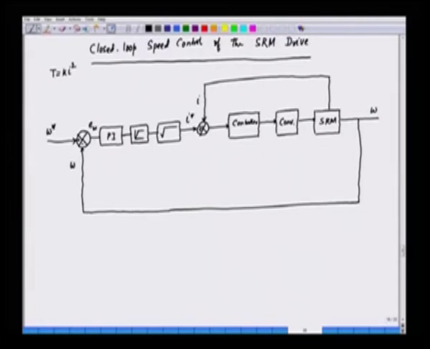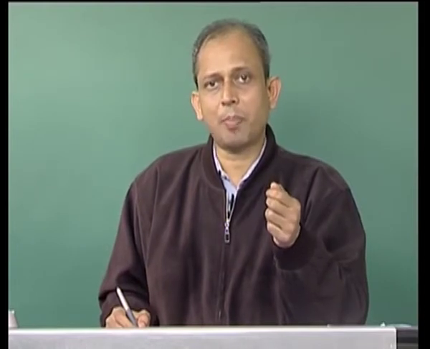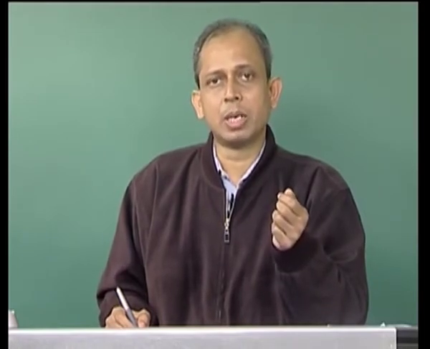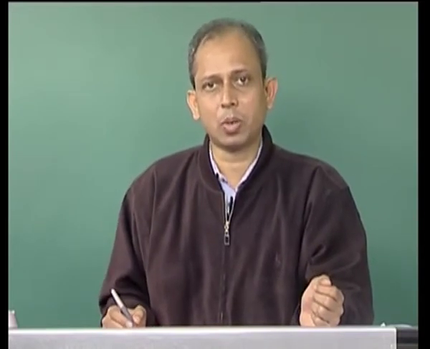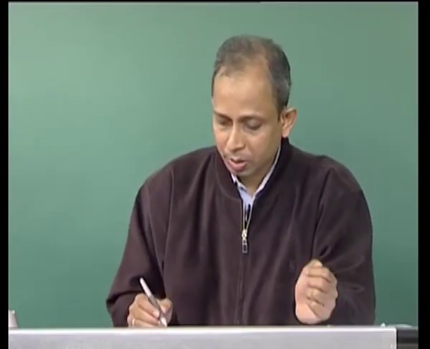Now, we also need the position. The position information is obtained by integrating the speed. We can have a position encoder, or we can integrate the speed to find out the position, because theta information is quite important. So, the converter has to be switched in accordance with theta. It is basically position dependent switching. The phase has to be applied with voltage in synchronism with the rotor position, and hence we need the information about theta, and theta can be obtained by integration of the rotor speed or by a speed encoder, also by an absolute shaft encoder. So, this is theta in this case,